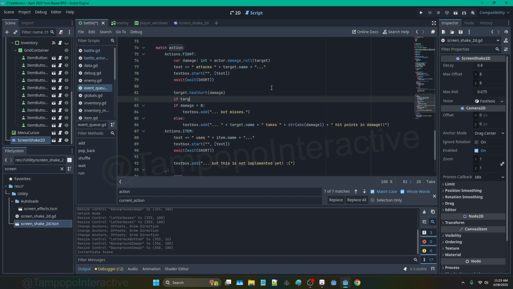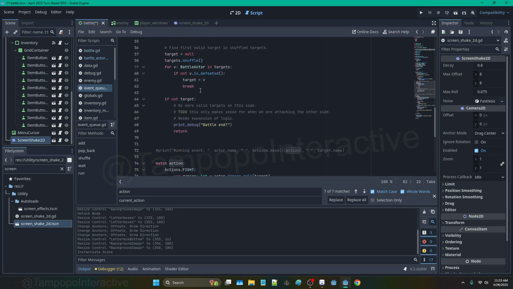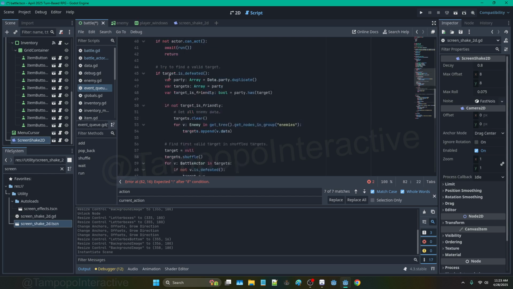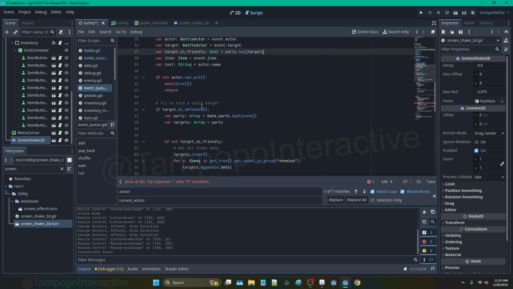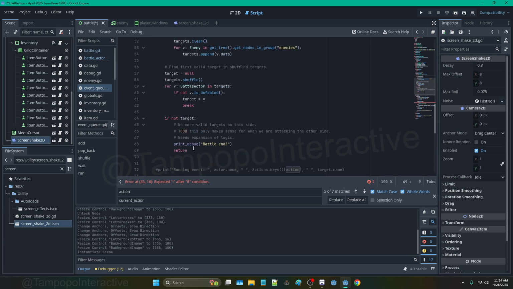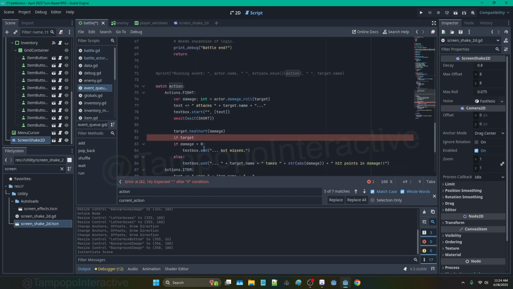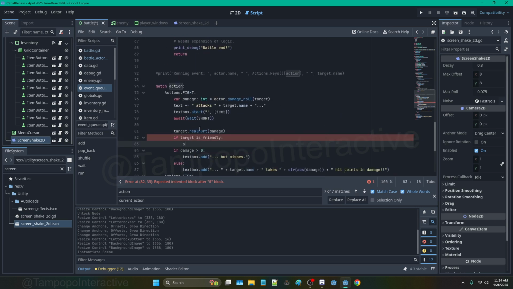Which would look like if target. You know what? Here's what we do. Let me just pull this out. And where was it? If target is friendly, then we wanted to apply,